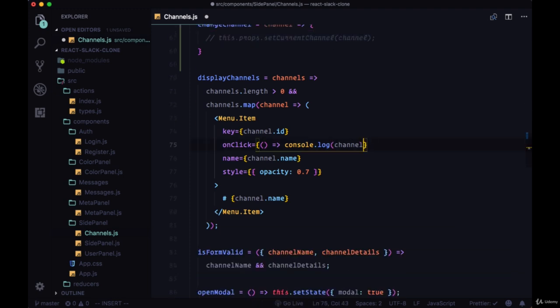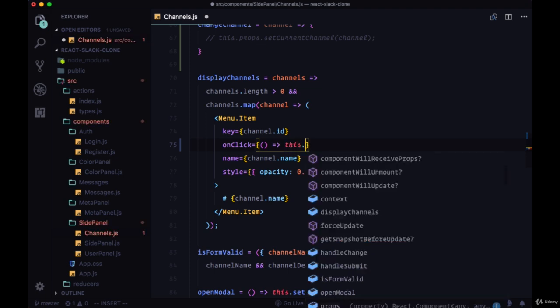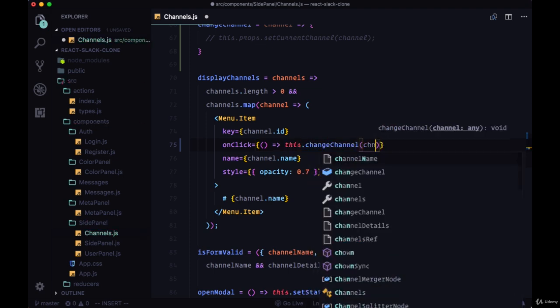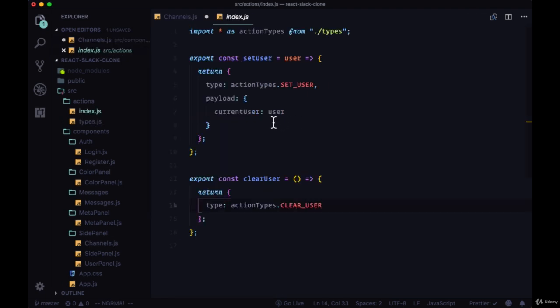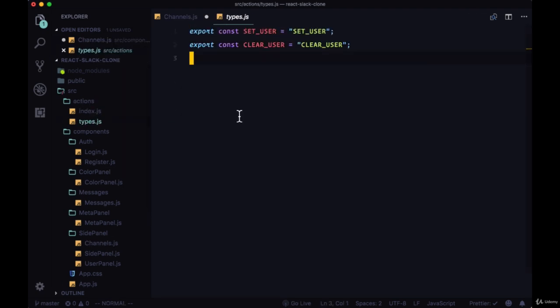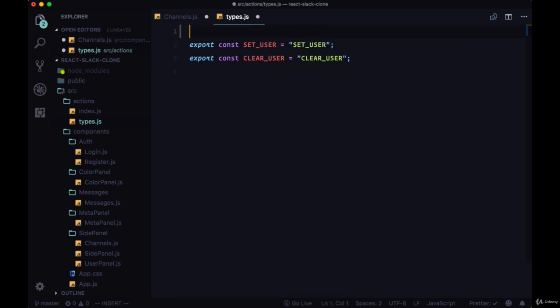So we'll replace the console log within our display channels function with change channel, and we'll create this action where we're setting the current channel in our Redux state. So we'll first head to the types file in our actions folder, and first we created some user action types. Now we're going to create a set of channel action types. So our first channel action type will be given the same name of setCurrentChannel,